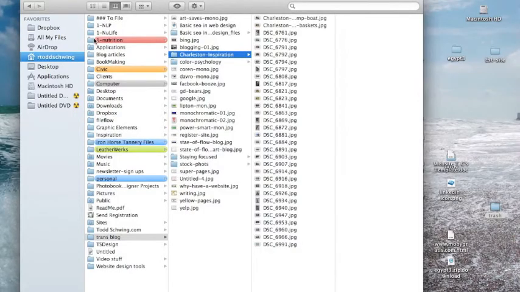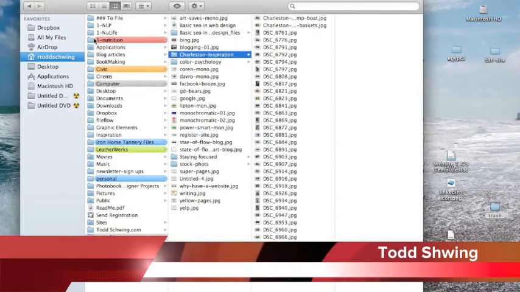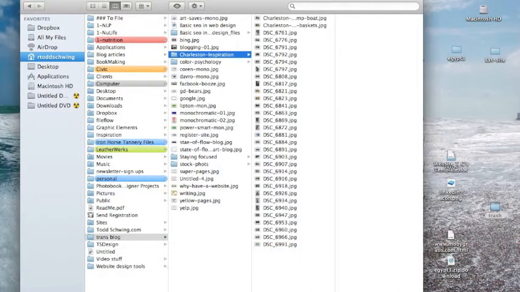So I'm on my desktop now, and I've opened up my hard drive so I can see what's on it, and I've navigated to the photos that I want to use on this particular blog. Now you can see a lot of the images here are still named as they were named for my camera when I imported them,